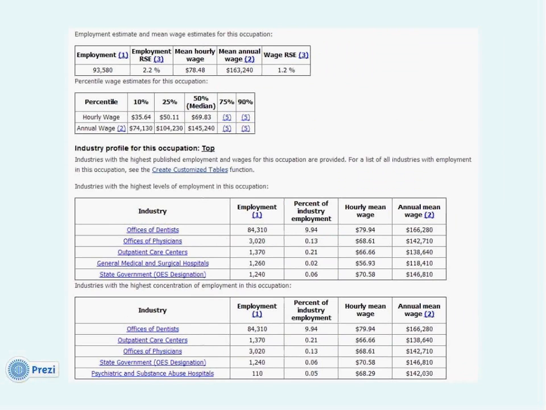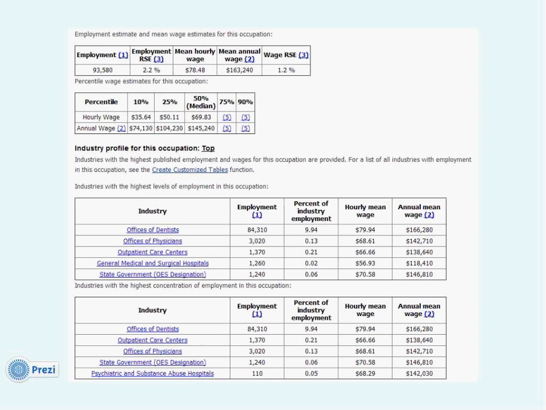In the top left, you'll see that it has the current employment number, so the amount of people that are employed as a dentist in the U.S. as was collected in the census data. And this can help you see how well you're penetrating the market that you're in, if you have maybe a dental society. And then what I also like is toward the bottom of the report, it also has